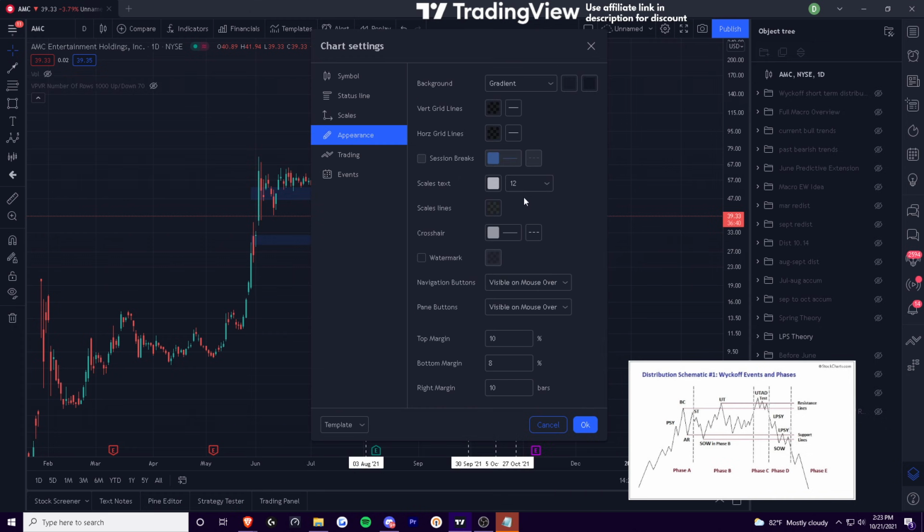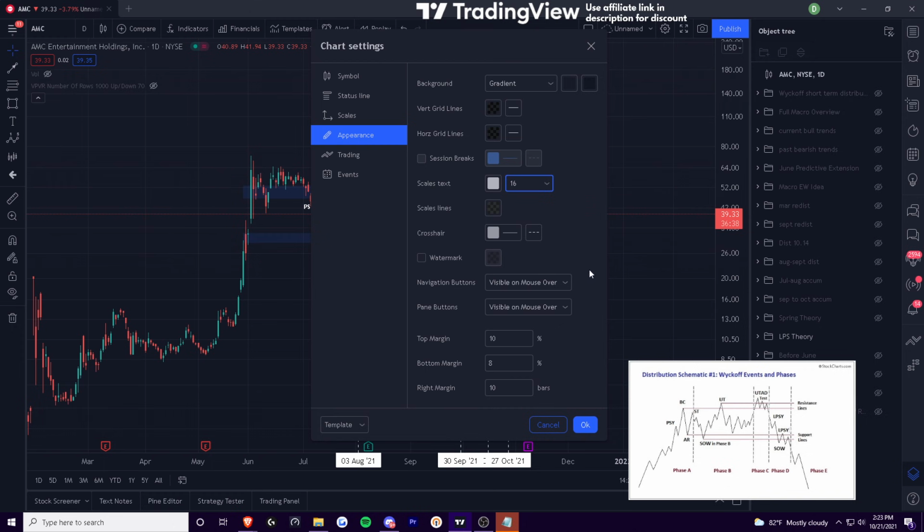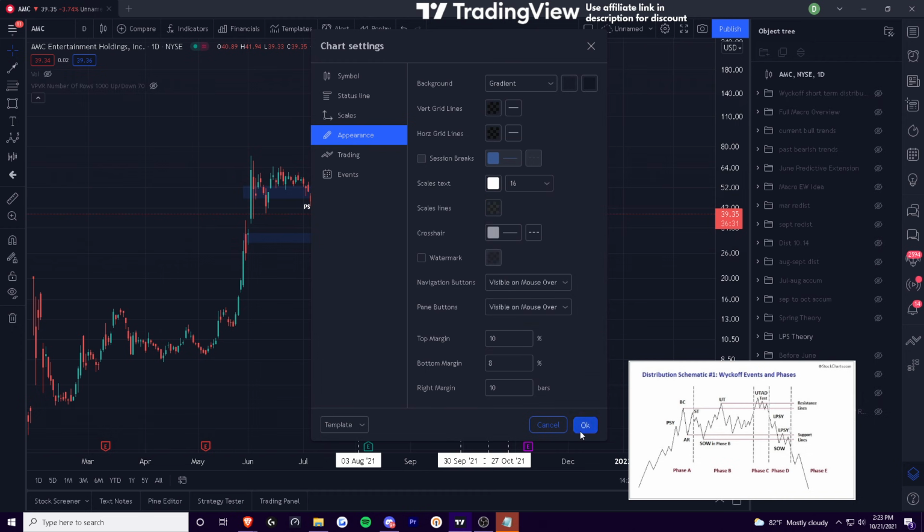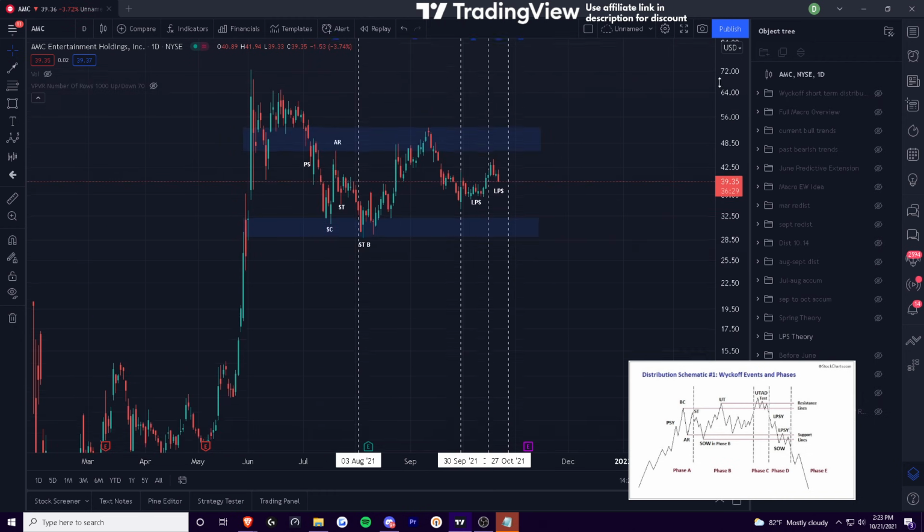No, appearance, scales, text. Yep, that's it. Hopefully that's a little bit easier to see. Can I make it bold or something? Anyway, all right, that should be a little bit better. All right, so